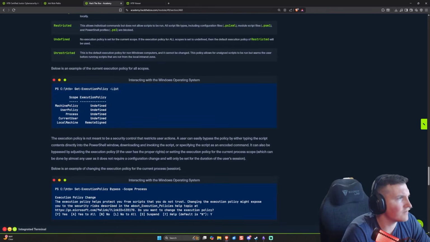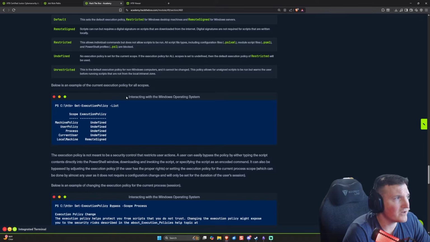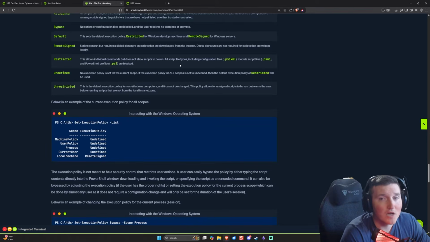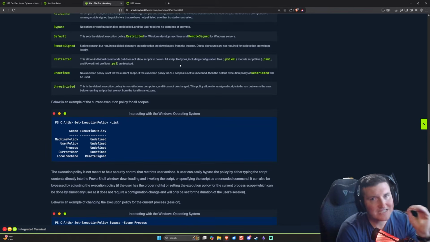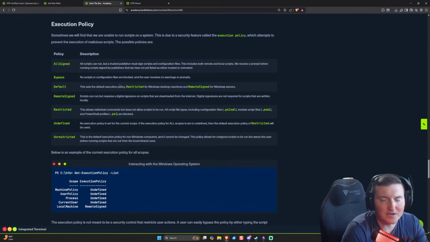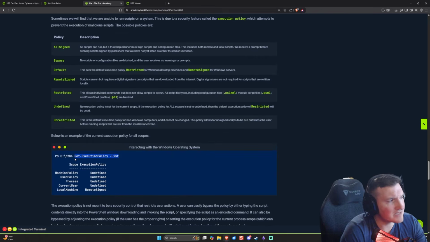You can see we can get the execution policy list, and we can determine pretty quickly, hey, what do we do? Well, if it's undefined and we know that makes it go to restricted, we can run regular commands, but we can't run scripts. So we now know what we're doing in the environment. The reason this is important, and a lot of people go through these and go, okay, that's great, is if you go into an environment as a pen tester and you don't know the execution policy and you don't look at it, and then you start trying to run stuff and you're like,